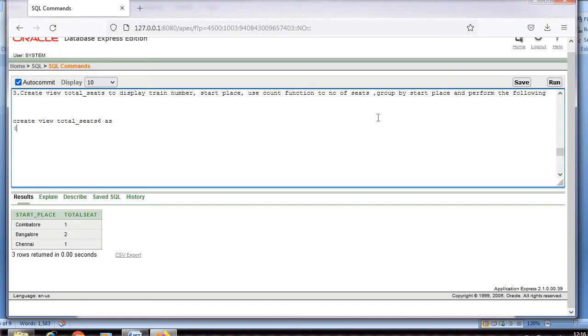As I'll be writing the query, select start_place, comma, count number of seats, and the new column name will be total seats. All these are information from the availability table.